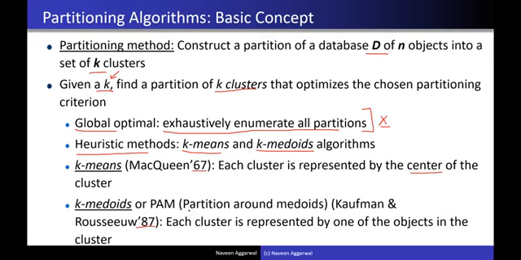It is popularly known as partition around medoids, or PAM, which is the more popular acronym. Here each cluster is represented by one of the objects of the cluster, the medoid. So the medoid is one of the objects of the cluster, and now we are not taking the mean. We will discuss what the main harms are in taking the mean. First we will discuss k-means, and then we will go towards the k-medoids algorithm.